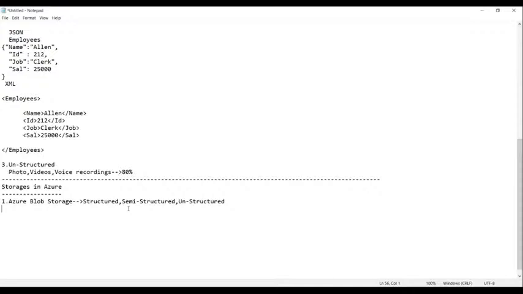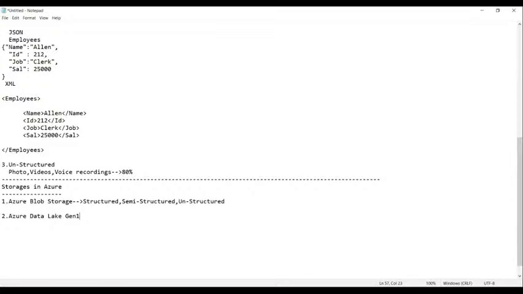Now the next one is Azure Data Lake Gen 1. So what is Gen 1?